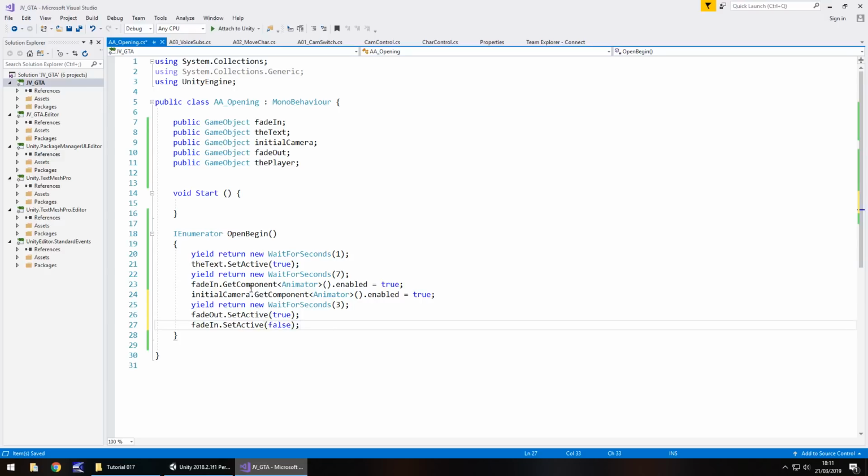Reason being is we're going to reset that so we can replay the animation because I want to fade into our player. And after that, yield return new, if I can spell new, WaitForSeconds. We'll wait for 3 seconds.